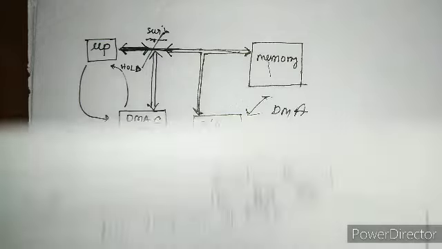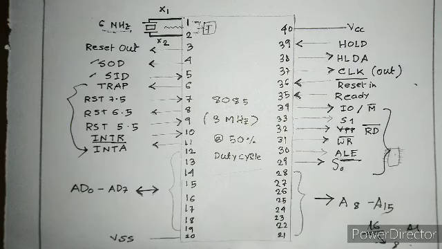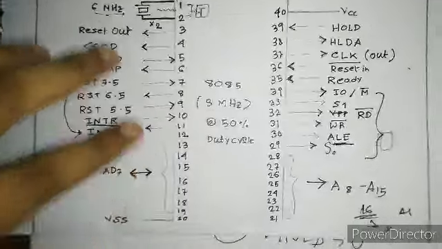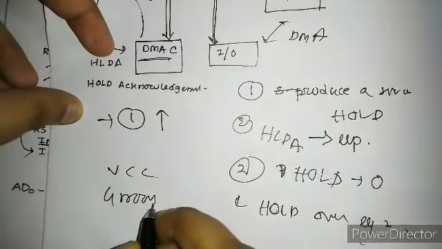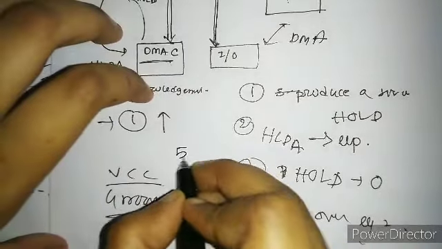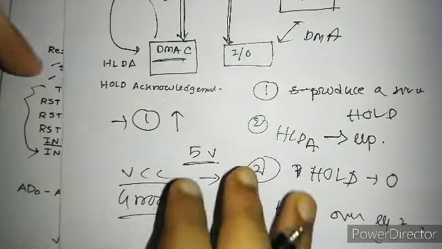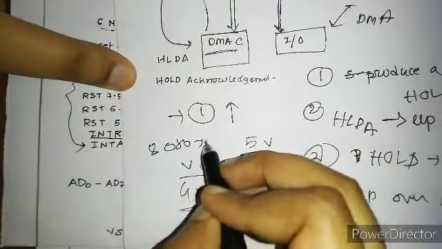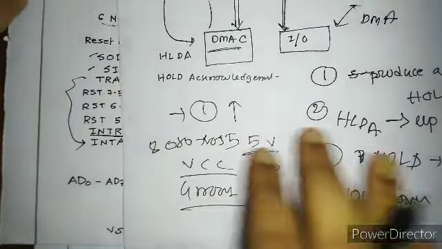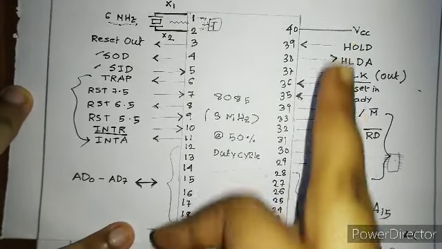Please watch this video several times. Maybe it's a bit tough for you to understand at first, but if you watch it twice or thrice, you will understand. Okay, sorry, there are two more pins, which are VCC and ground, the voltage high and ground, which is the 5 volt. You know obviously that my microprocessor works on power voltage, so this is why the 5V voltage is being provided. So the two pins are VCC and ground.